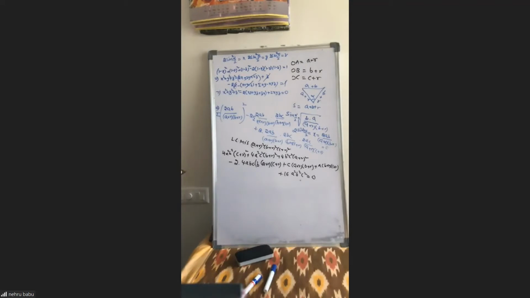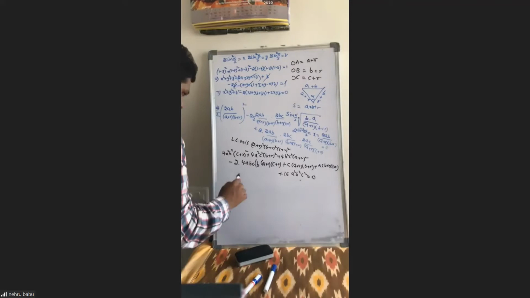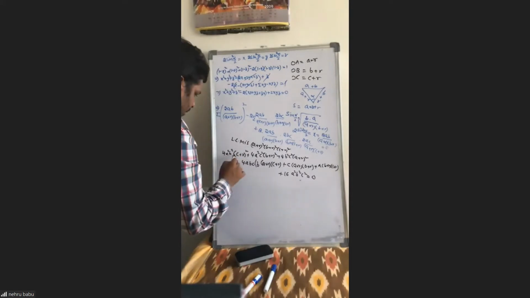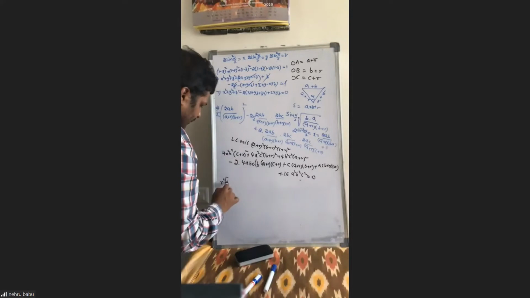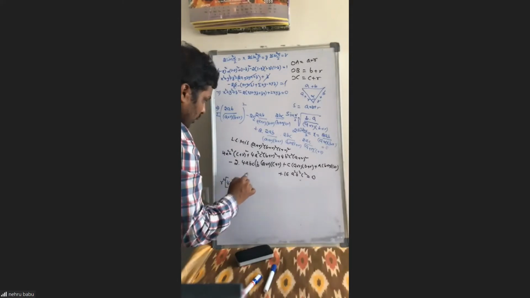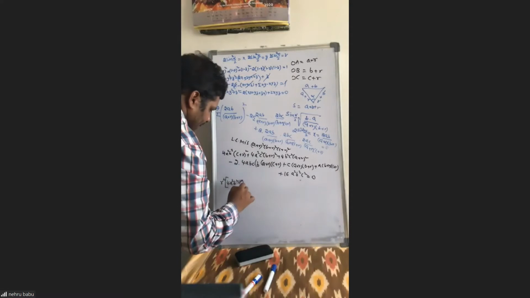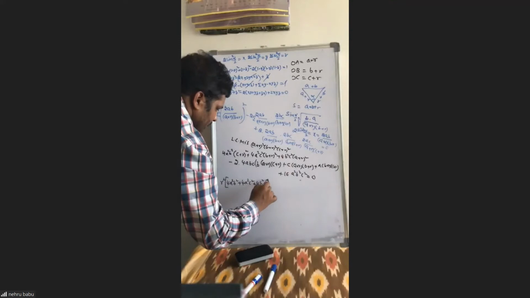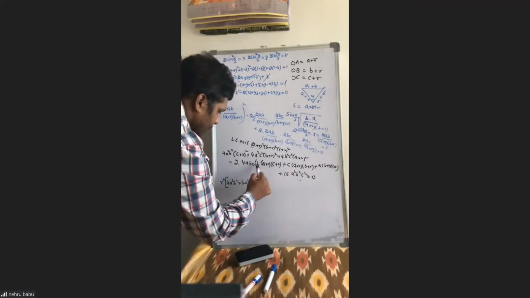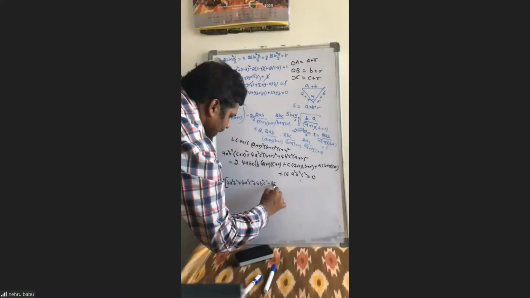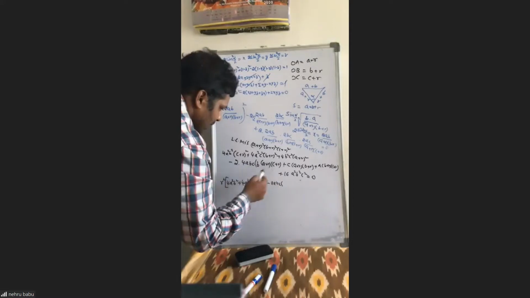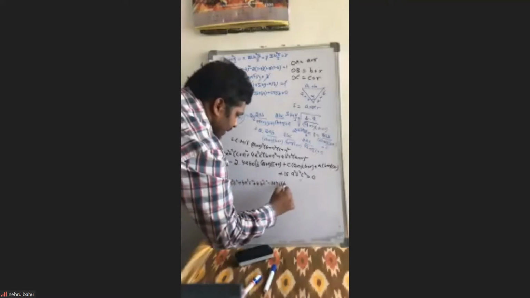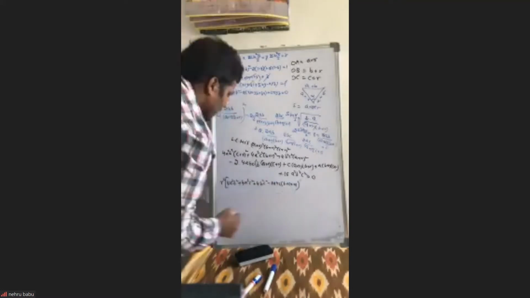So if you write all r square coefficients in one place, the r square coefficient is here 4a square b square, plus here 4a square c square, plus here 4b square c square. Next, here r square into b, so minus 8abc into, actually no importance for r square coefficient. Minus 8abc into here the r square coefficient is b plus c plus a. This is the r square coefficient.